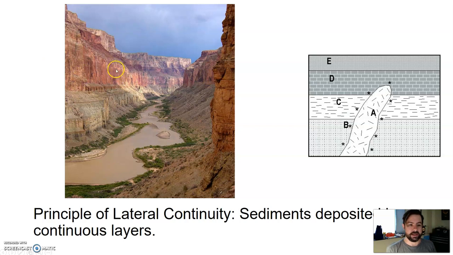You can see how this layer of sedimentary rock is the same material as this layer of sedimentary rock. This layer is the same as this layer. So they formed a continuous layer of rock. This river had to cut down through them, so that disrupting came later. So it's kind of like the principle of cross-cutting. But we do know, stating the principle of lateral continuity, these were once one continuous layer. All right, again, we can kind of match everything up